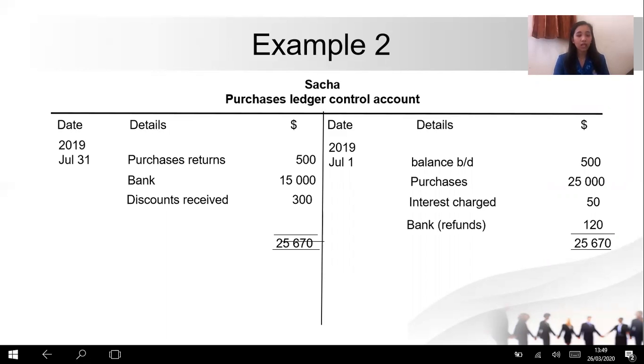The bigger one is about 25,670. And the balance, the distance between this is about 9,870. So it's like 25,670 minus 15,800, and it's about total 9,870. BAL CD on the debit side, it means BAL BD on the credit side, 9,870. It means the total trade payable of the business is about 9,870. So that's all for example 2. Is that clear? Yes, very easy and very similar to our assignment, right?